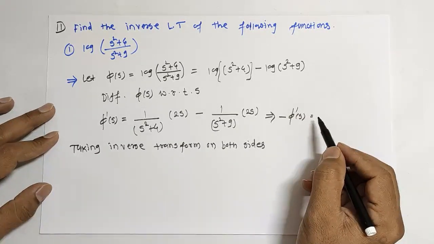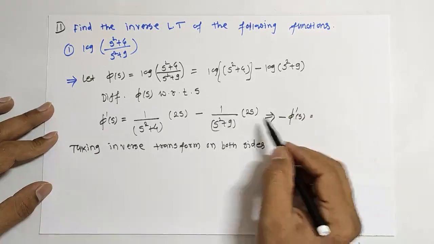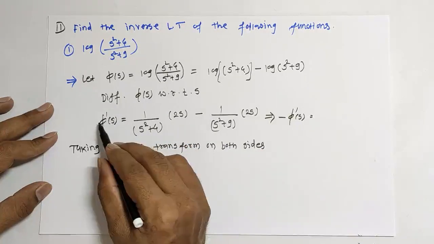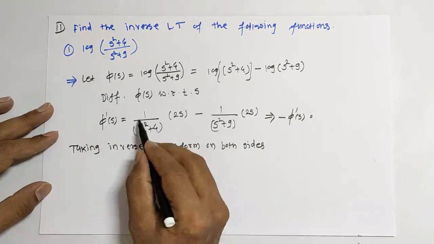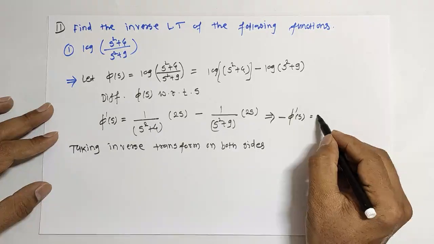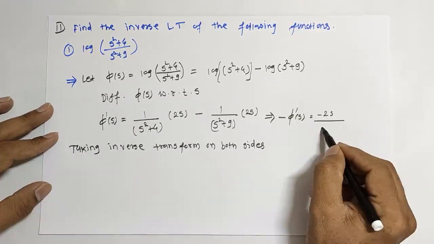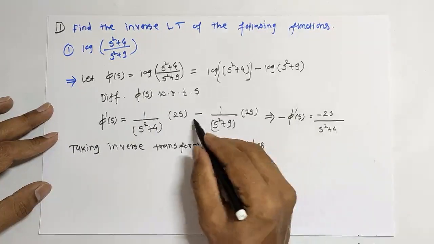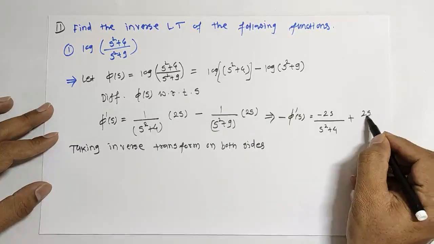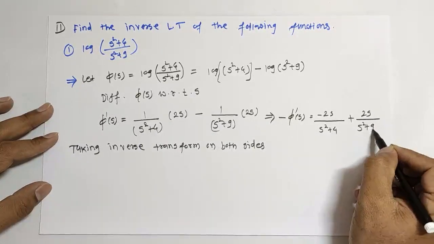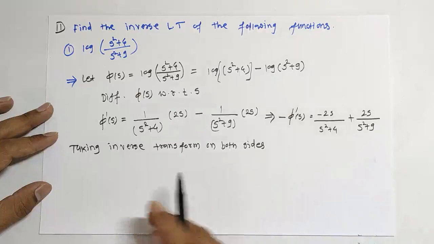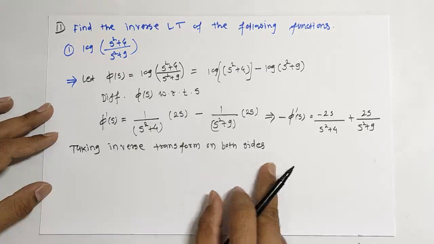Multiply by minus 1. If I multiply both the sides by minus 1, this term will be minus 2s upon s square plus 4, and this term will be plus 2s upon s square plus 9. This is the second step. Now taking inverse transform on both sides,